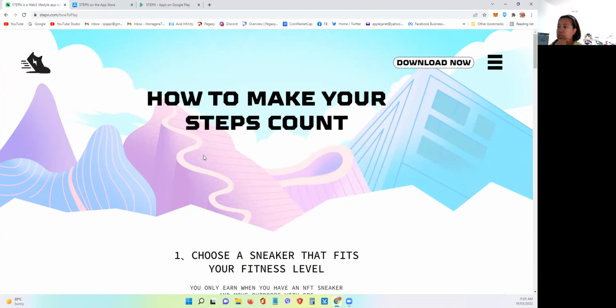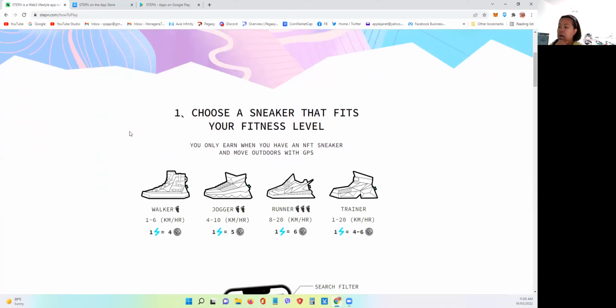Then obviously you need to buy a sneaker or a shoe for you to earn tokens. It's all right if you don't have funds now to buy a shoe. You can still download the app and set up your wallet. You use the Solana token, or SOL, to buy shoes. I will be honest, it's really dear at the moment. I think the minimum will be around 9 Solana, and Solana at the moment is